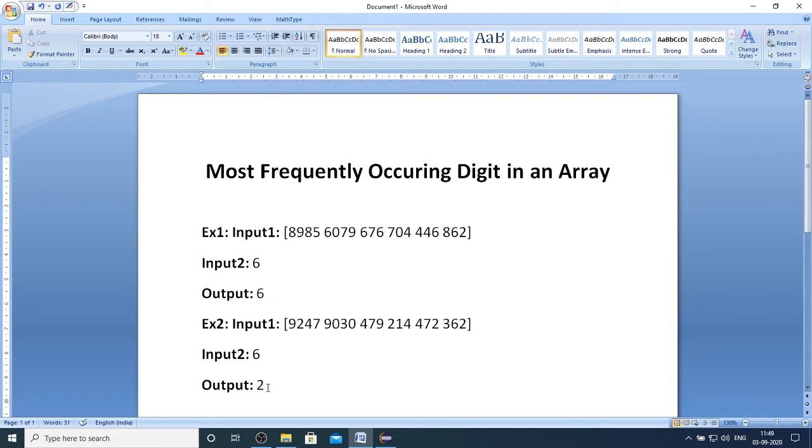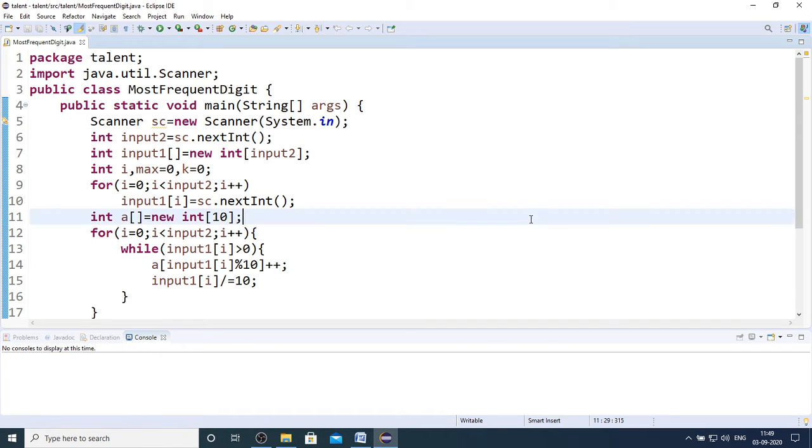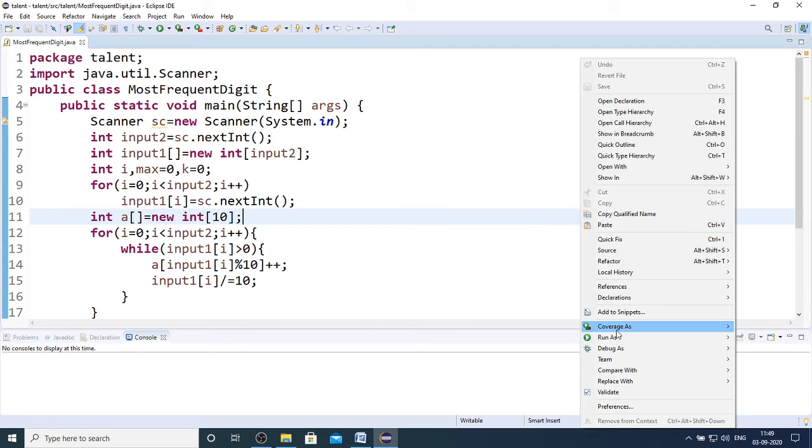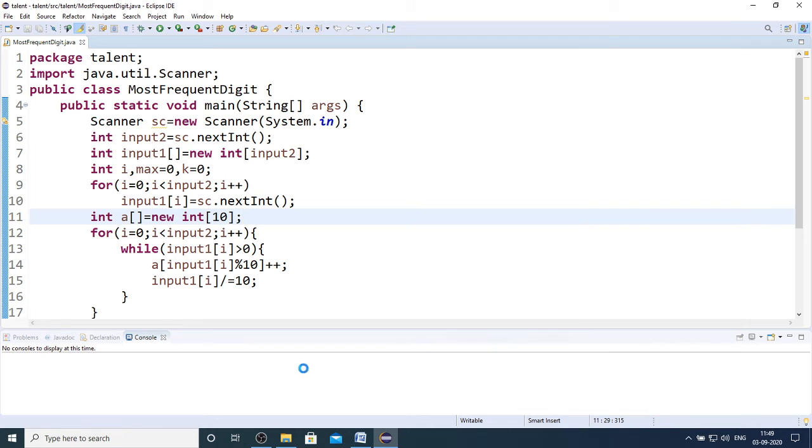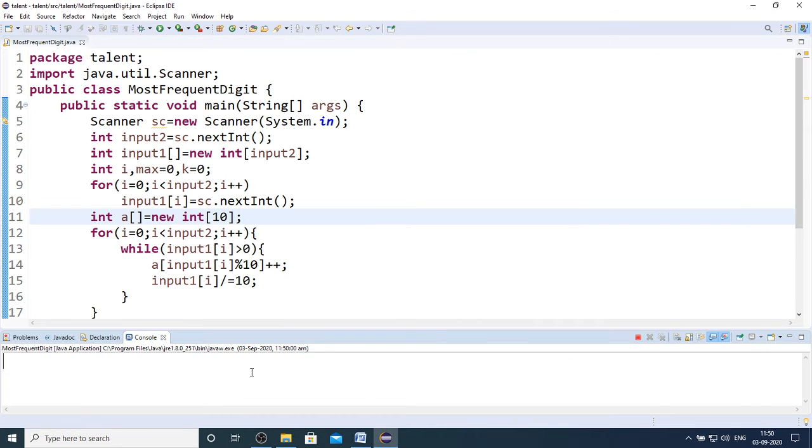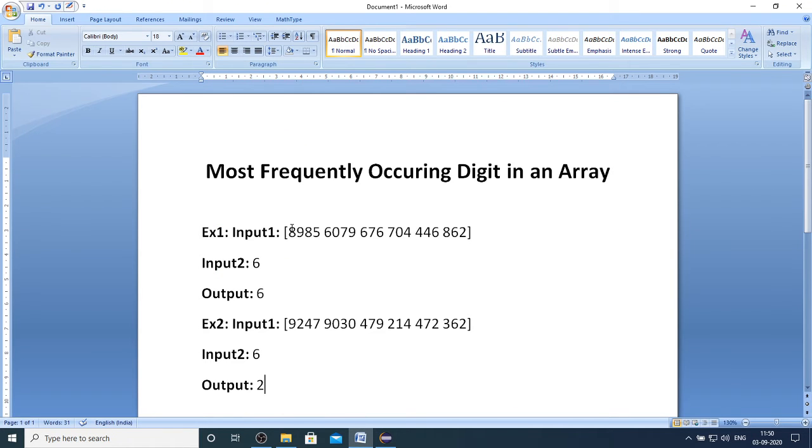So let me show my code, how I implemented finding the most frequently occurred digit in an array. Before explaining my code, let me run both test cases. So 6 numbers, let me copy the 6 numbers.